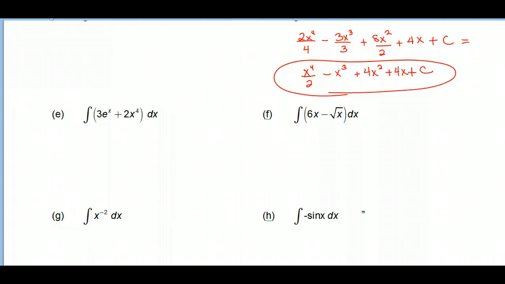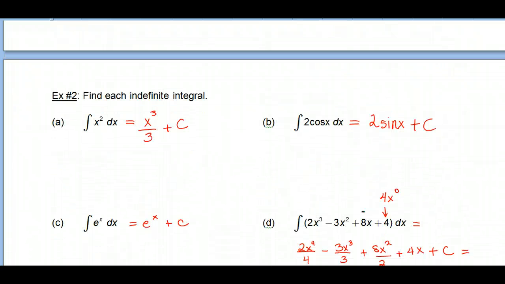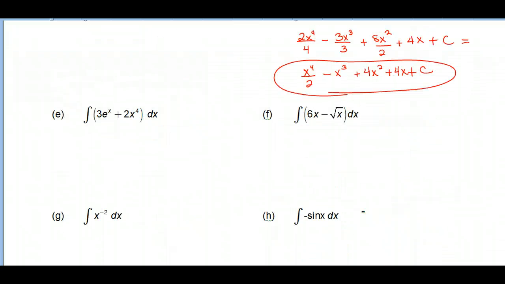Right, so for all of these, what did I say in the directions? Find each indefinite integral. Well, how do you do that? By finding the antiderivative of each part. So an indefinite integral is the antiderivative. If you're given the two numbers, that's a definite integral, and you do it the other way. But indefinite is just finding the antiderivative. Okay, so here we get 3e to the x plus